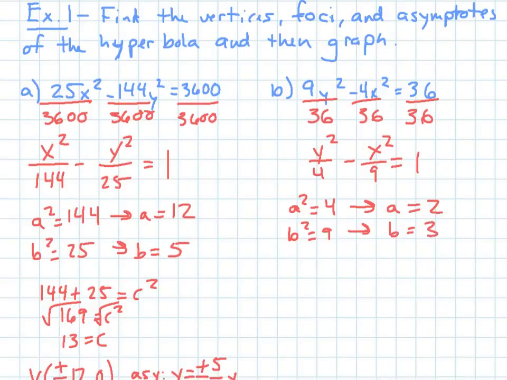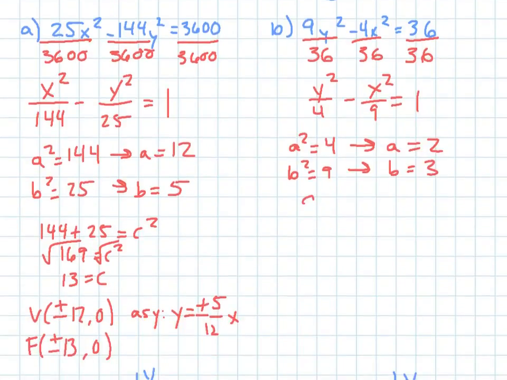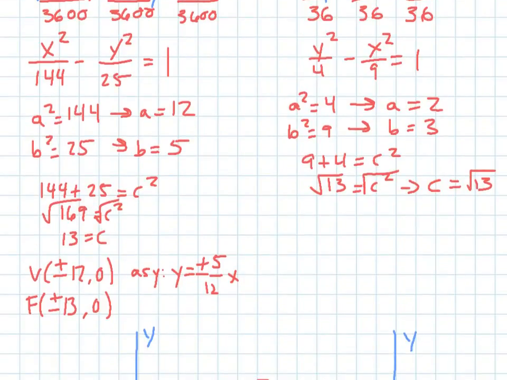Okay? I still want to find my c value. So 9 plus 4 is equal to c squared, which gives me 13 for c squared. So c equals the square root of 13. That doesn't reduce or anything, so I have to leave it that way. So now for my vertices, because y squared is first, that means it's going to be with the y. So I say 0, comma, plus or minus 2. For my foci, same thing. So it'll be 0, comma, plus or minus the square root of 13. Okay? And then for your asymptotes,